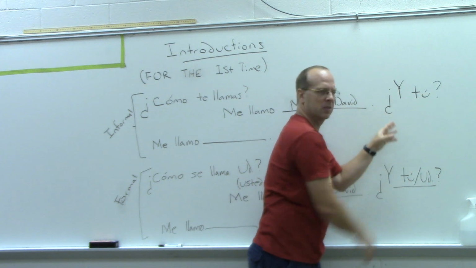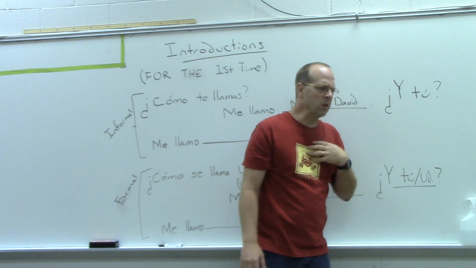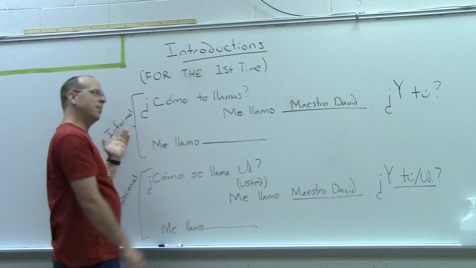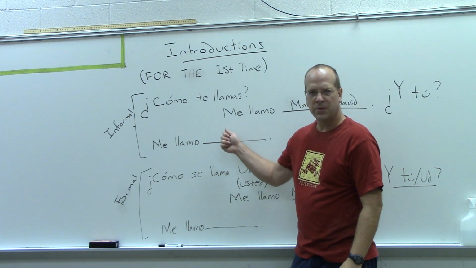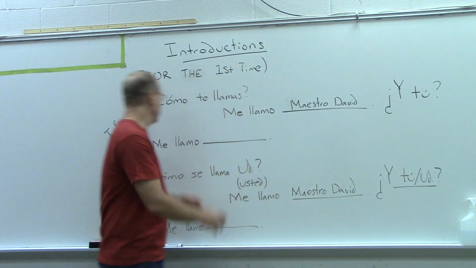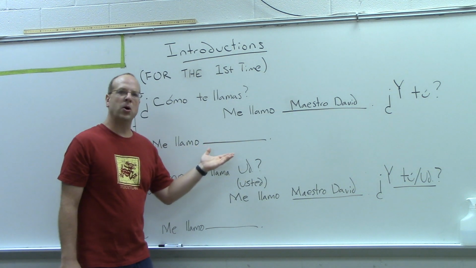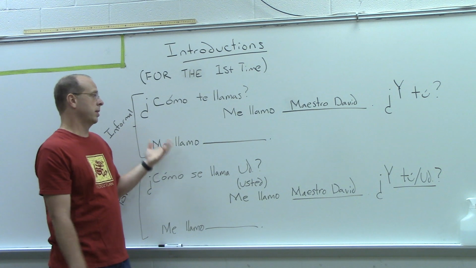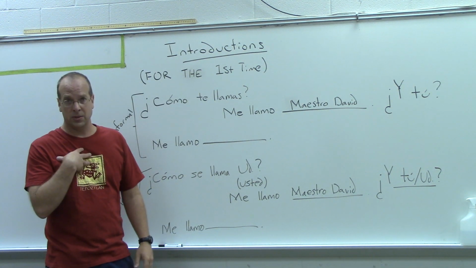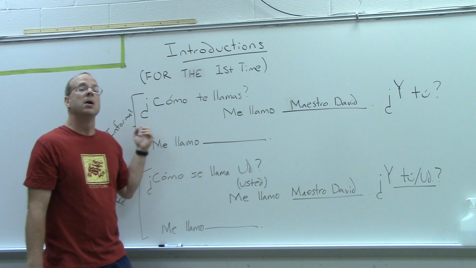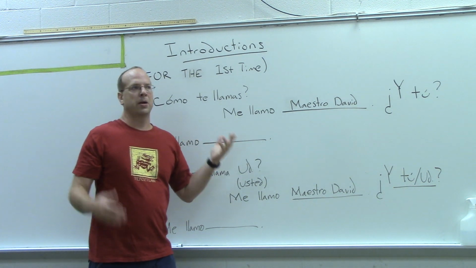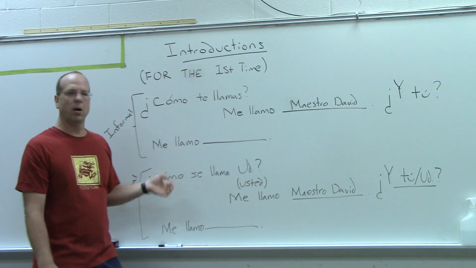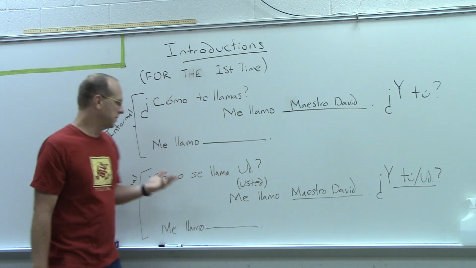And I'll explain how all this is spelled. But that means, and you. Oh, excuse me. And you? And your name? What's your name? And you. So, ¿Cómo te llamas? Me llamo Maestro David. ¿Y tú? And then you respond, me llamo, and then whatever your name is, you put it in there. Or whatever name you're going to give me, you put it in there. So, ¿Cómo te llamas? Me llamo Maestro David. ¿Y tú? And then the response, me llamo, let's say your name is Mario. Okay? Me llamo Mario. Or if you're a girl, me llamo Maria, etc.